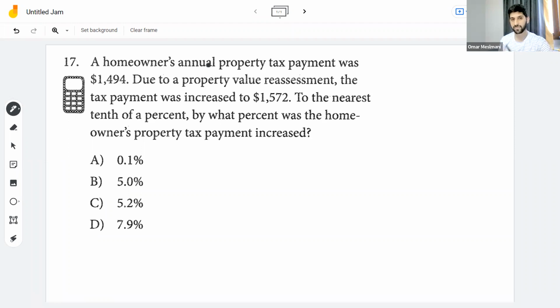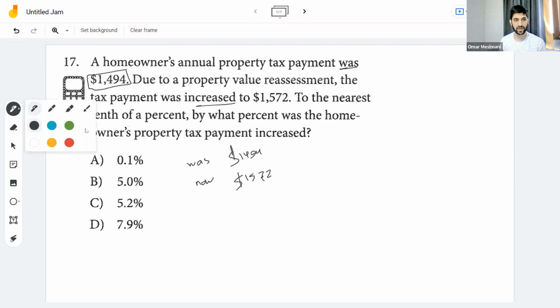Here, guys, the idea of this question is you need to read as fast as you can, okay? The tax was, okay, the idea here, it means that this is the old amount. So the tax was $1,494. Due to the value increase, the tax payment was increased to the new value. Now it was and now it is $1,572. So as you can see, the question is about to the nearest tenth